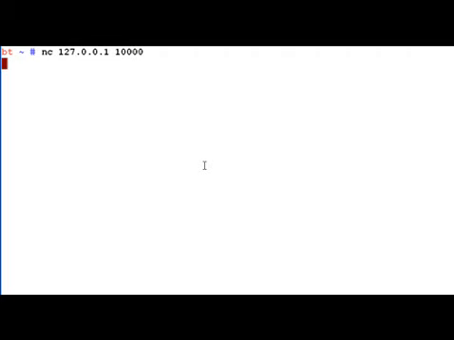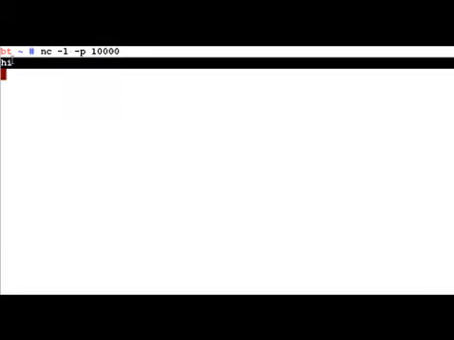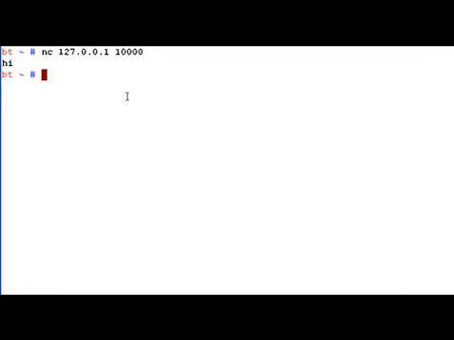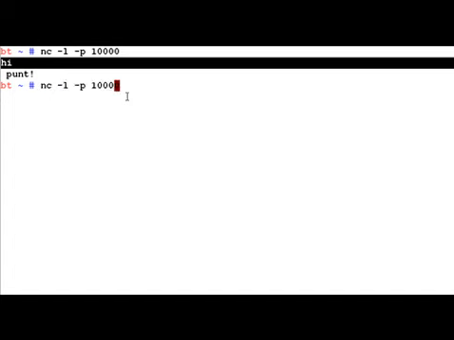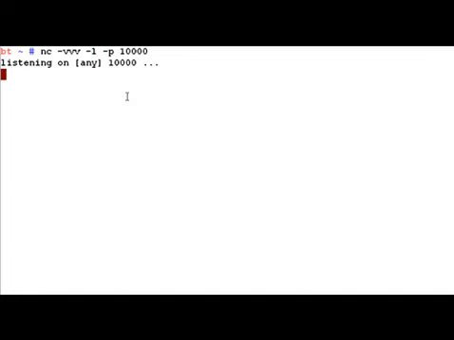Now if you notice we are connected here. Let me type something on the client side, hi, and let's switch to the server side console. If you notice we've received the hi. Now let's make this slightly more verbose, right? Because currently neither the server nor the client are actually telling us anything as to what is happening.